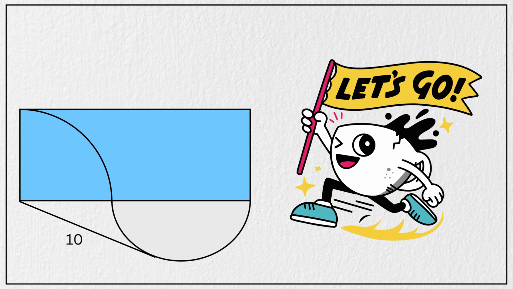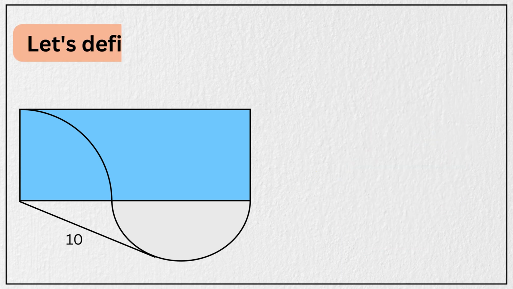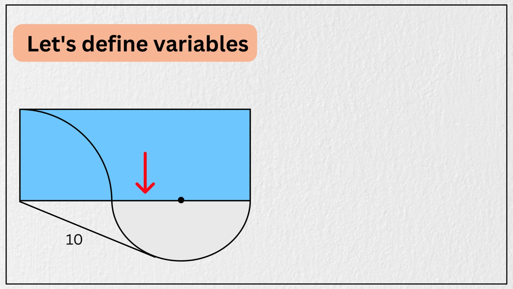Alright, let's solve it together. But before we begin, let's define some helpful variables first. Let's say the radius of the semicircle is x units, and the radius of the quarter circle is y units. That means the horizontal segment here is also x units. And since the radius of the quarter circle matches the height of the rectangle, that means this length here is